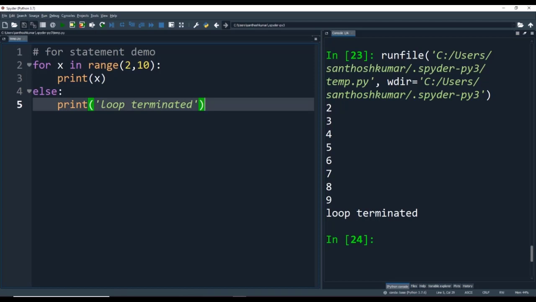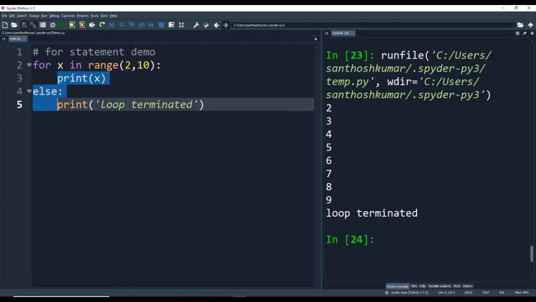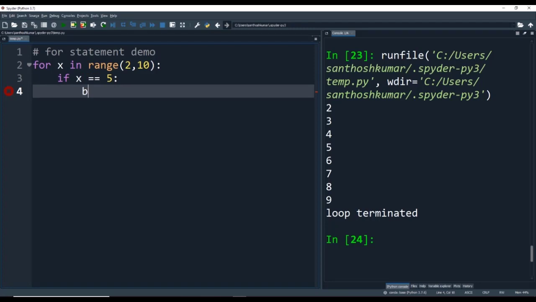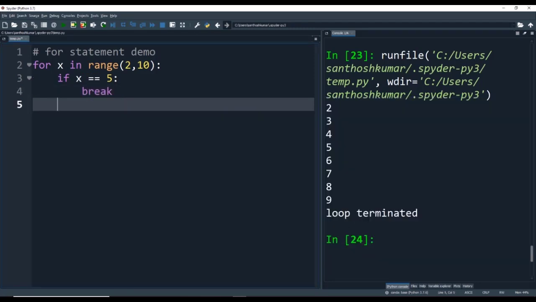Next, we'll quickly check a demo of the break statement. The break statement is used to bring the control out of the particular looping statement in which it is present. In order to demonstrate that, I am using the same for loop, for x in range 2, 10, and inside that for loop, I am checking if the value of x equals 5. I am breaking out of the for loop using the break statement, and I am printing x.